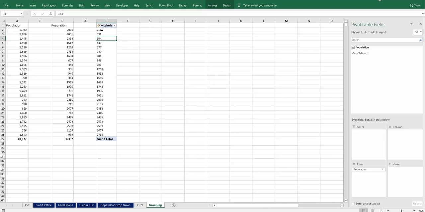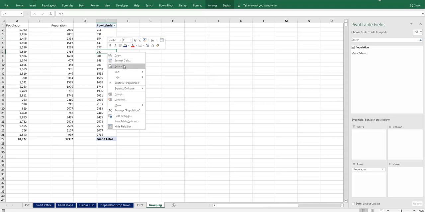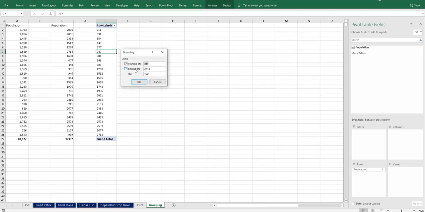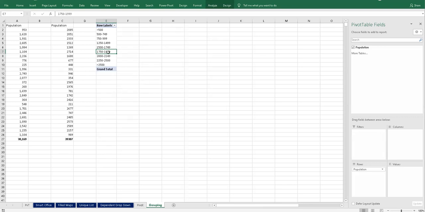So I just take this information, then I will prepare a group. Say that this is the population. I take it in the number, it's not the age. Definitely go over here. It is a very powerful function. Pop up, come over here, grouping. So I take it that starting from this is the minimum number of 211, as I told you, and 207.14 is the maximum number. I take this information, say that I start from 500 and close at 2500, and I want the intervals after, say, 250, and then automatically it changes everything.